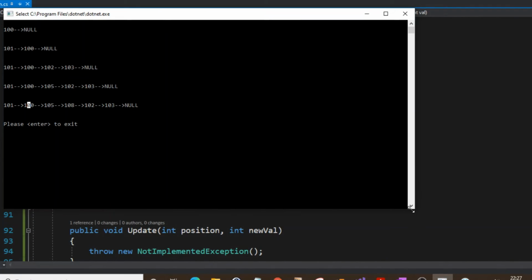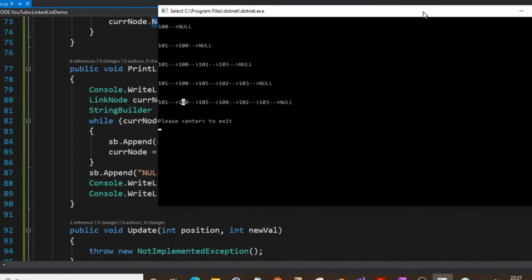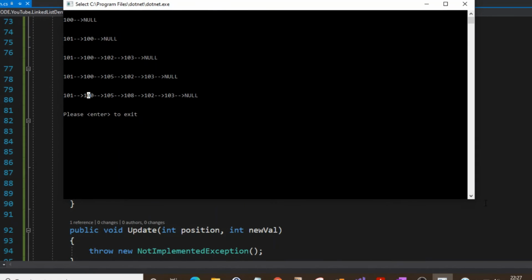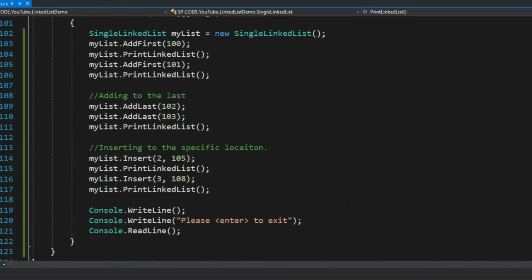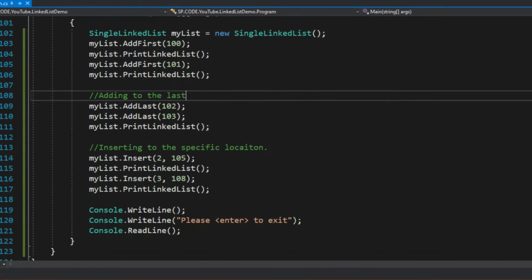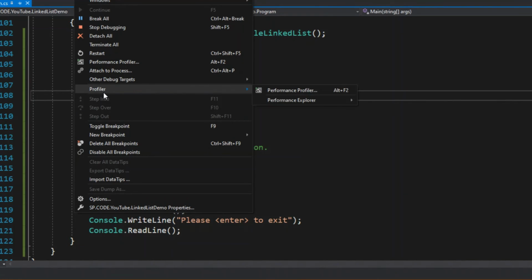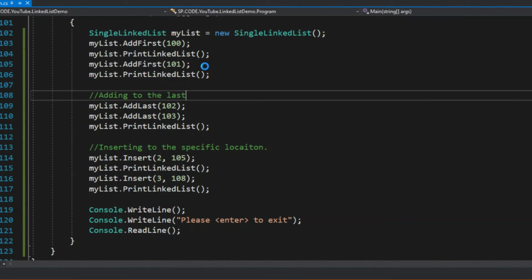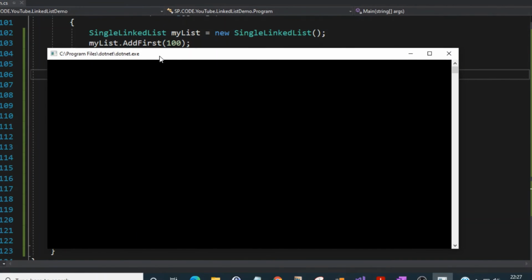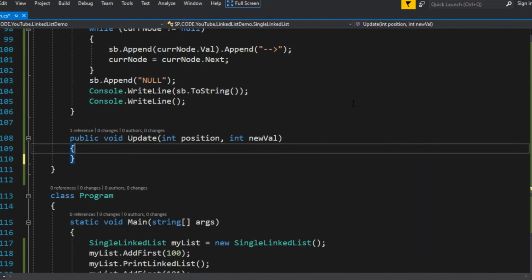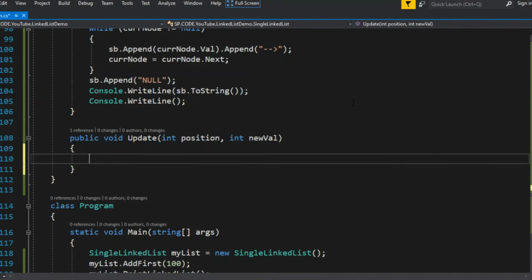So if you look at, we are adding this also, like pretty much we just need to find the specific location.